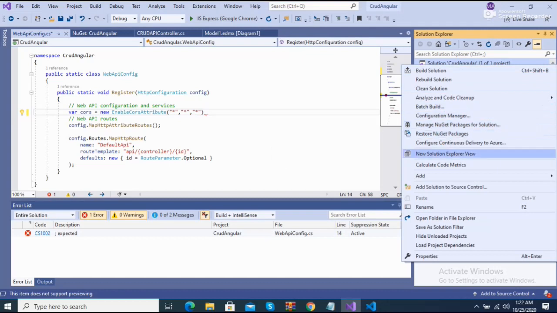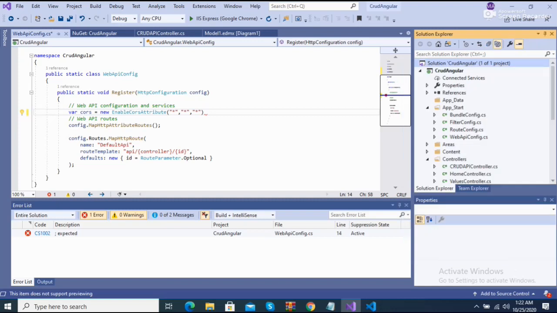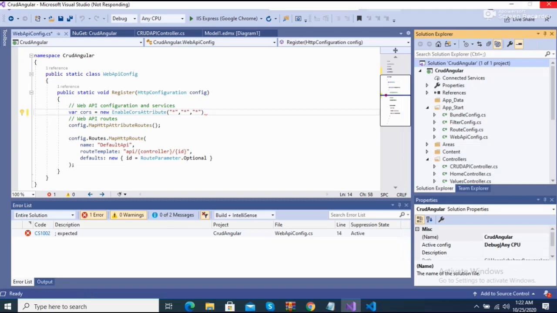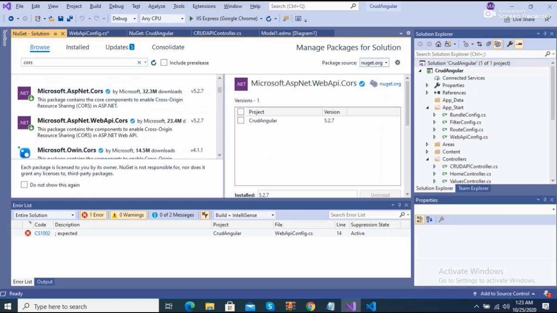Go to NuGet, Manage NuGet Packages, and here you need to add this cross-origin extension for running two URLs on your local system. If you have two or three URLs running on your local system at a time, you need to add the CORS API. I am consuming this application's API, so that is why I am using CORS.